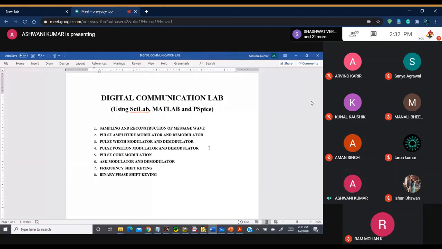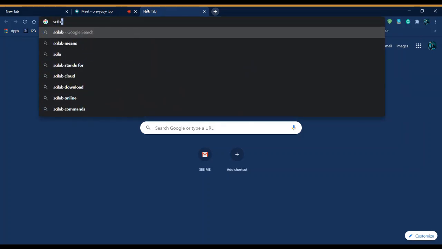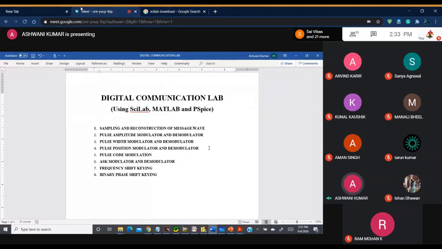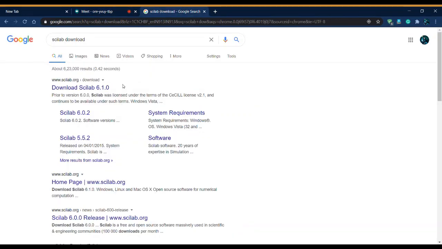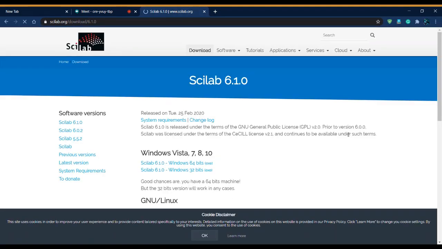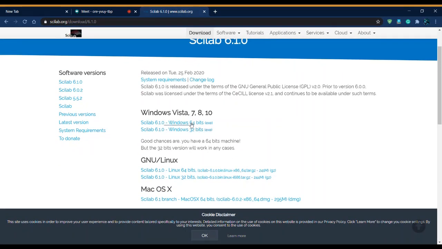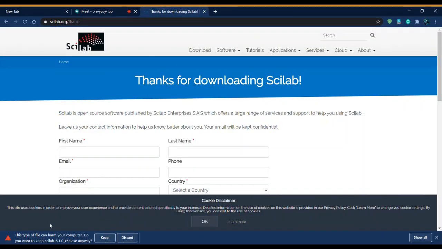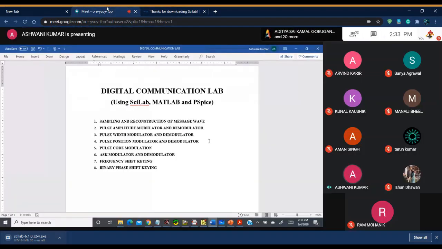So my request is, all of you learn MATLAB and Scilab. Whatever code I give you, just run that code on your Scilab or MATLAB and see what kind of response you have. And do some parametric variation and see what the effect will be on the response or the output of the code which I give you. Next, I am just showing one example of PSpice here. I just have one code for Scilab and one experiment for PSpice.